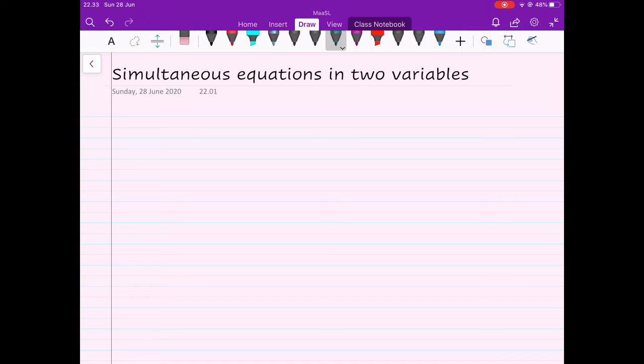Simultaneous equations in two variables. Before that, you must know the following words or the definitions. Number one, numerical expression, algebraic expression,